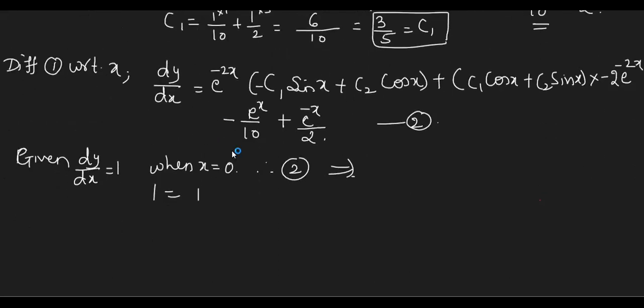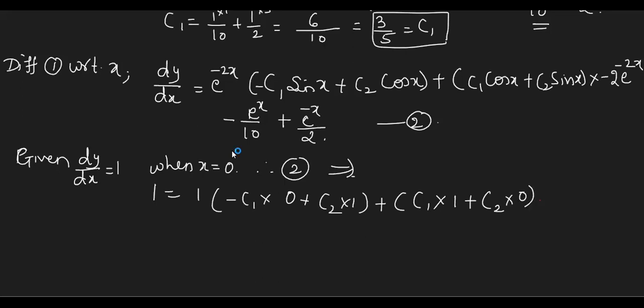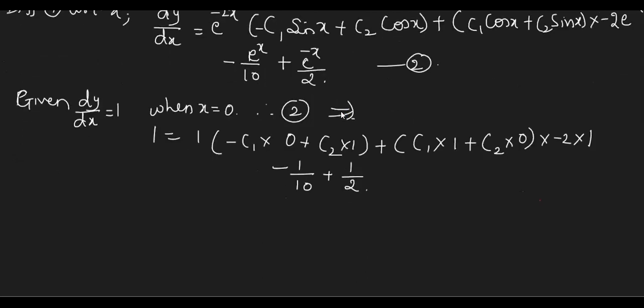e raised to 0, 1. sin 0, 0. cos 0, 1. C1 into again cos 0, 1. sin 0, 0. This is minus 2 as it is. e raised to 0 is 1. Then minus e raised to 0, 1. e raised to minus 0 is also 1. Carefully you simplify. Okay. So this is 1 equal to